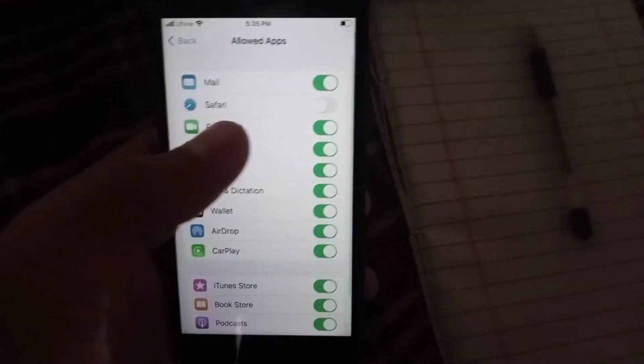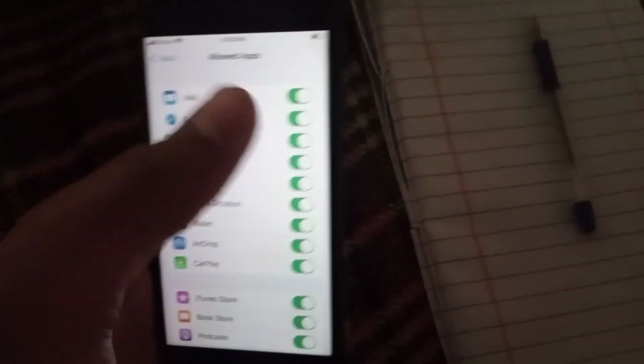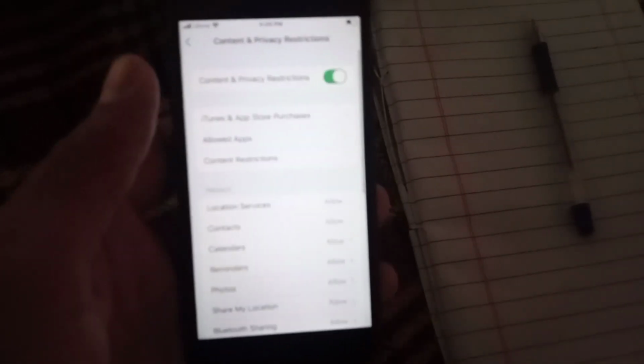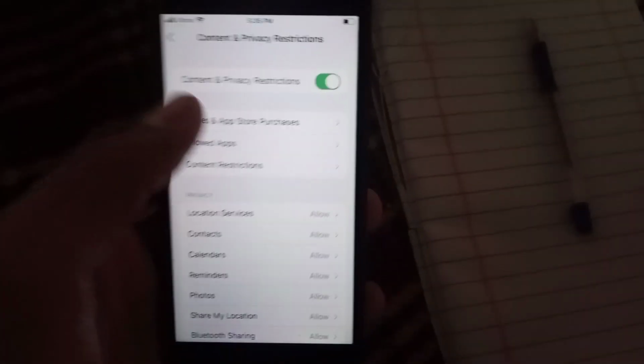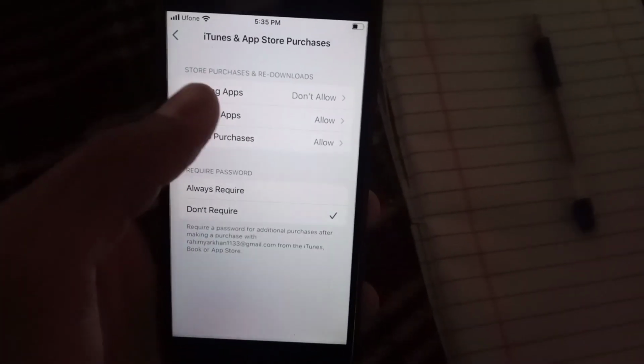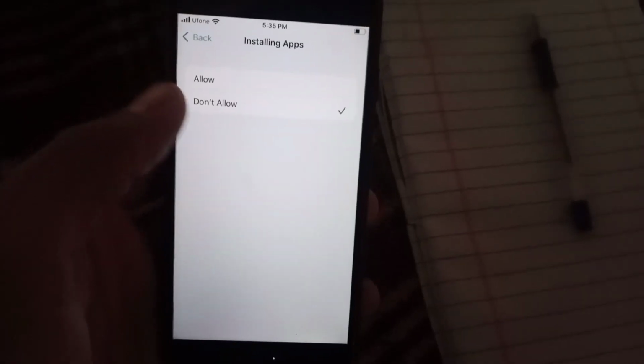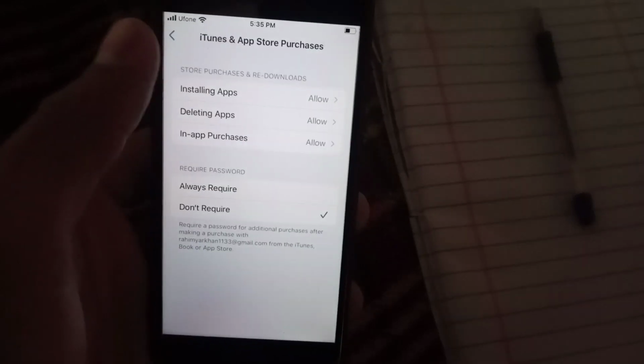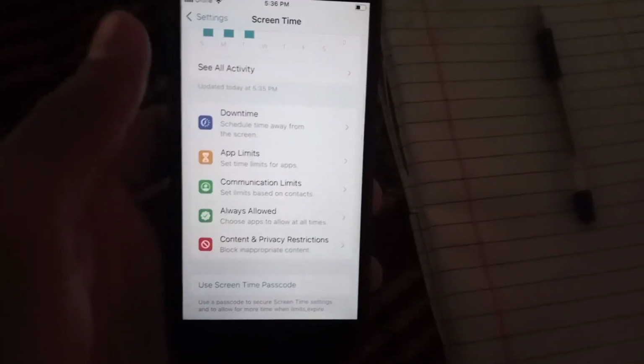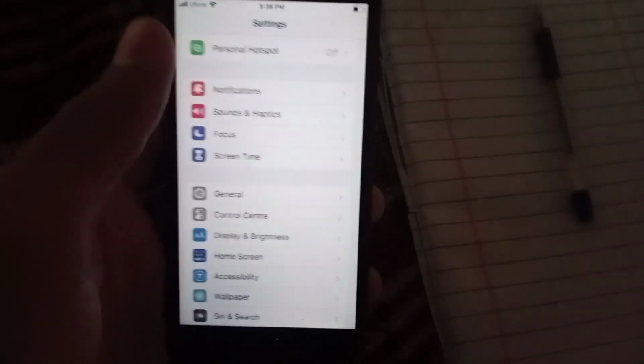Here guys, you can see Safari is turned off. Now turn it on from here. Now tap on iTunes and App Store, and here under Installing Apps, you can see Don't Allow selected. Tap on Allow, and now go back, and now turn it off from here, and now go back one more